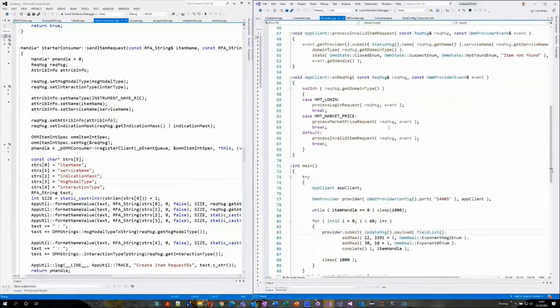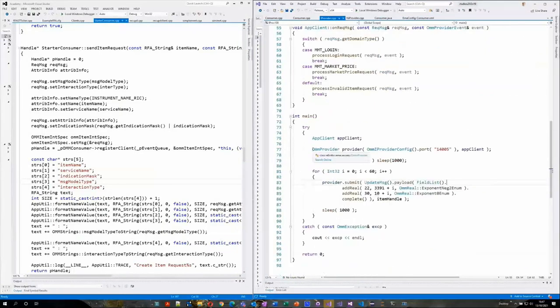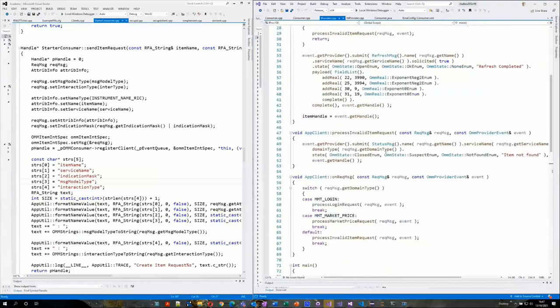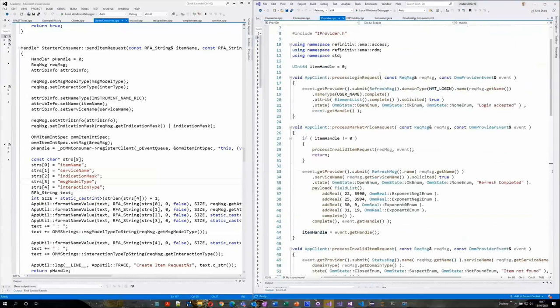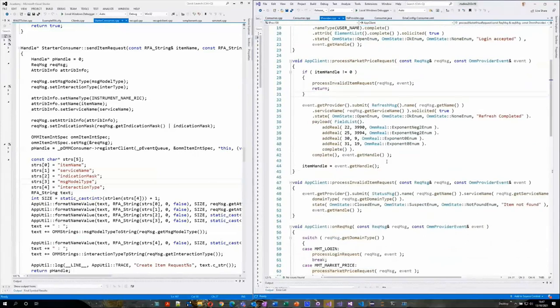So what I want to say is I don't want to spend too much time here because we're almost out of time, but with the providers, it's very, very simple. Again, you're essentially creating that provider object, waiting for some consumers to connect in, then responding back with a refresh message once you do get that connection coming in, and there you see a login request, and then it's just a matter of submitting the market price responses once you see those requests. So it's really that simple within the EMA application.